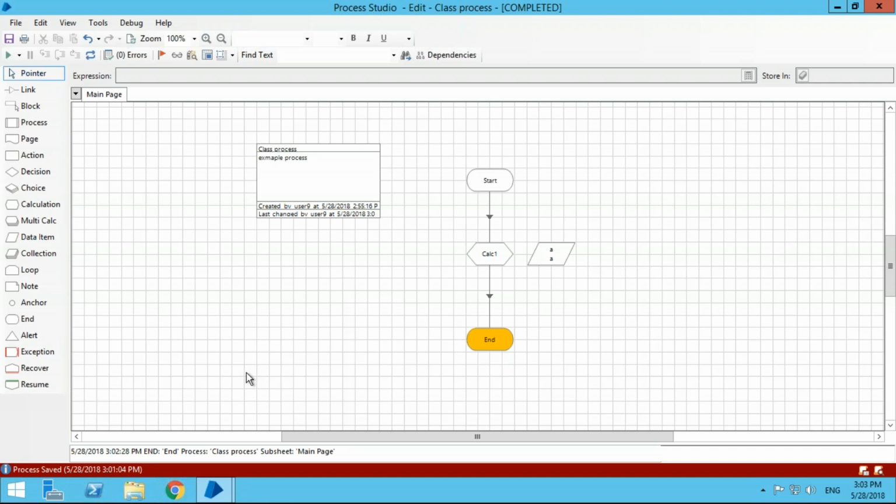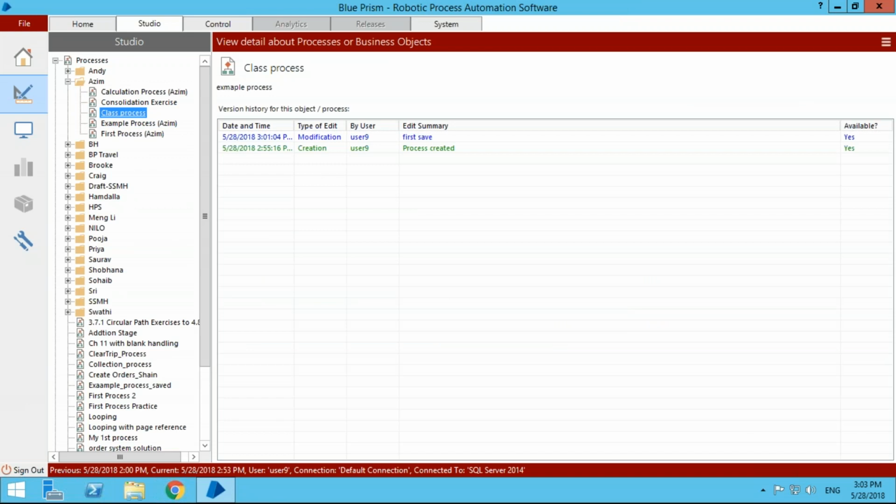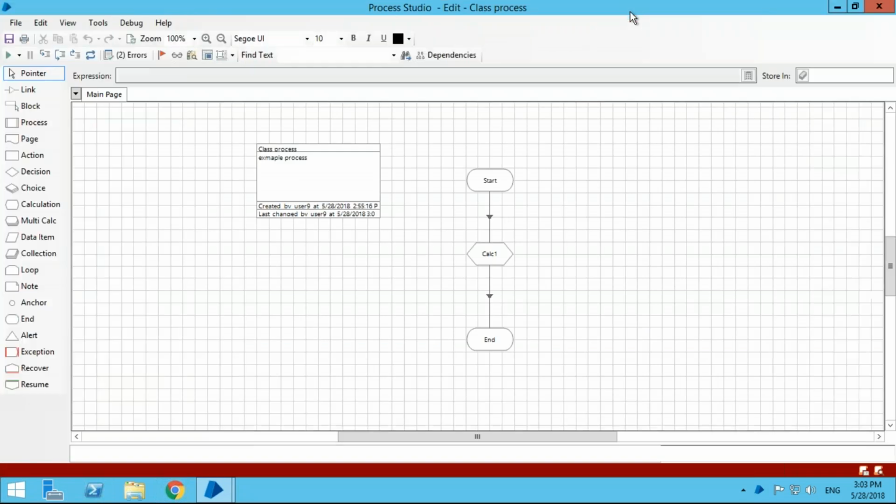So it does save, but it's only usable if your computer crashes or something like that, not if you close and you discard changes. If you were to close and say discard changes and close your process, that automatic save is not going to help you. Only if your computer was to crash and it abruptly interrupts. Okay, so as you can see, I saved and I didn't have the other things that I'd added when I saved it. So they're gone now because the autosave is only for recovery.